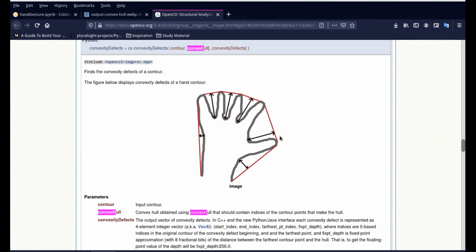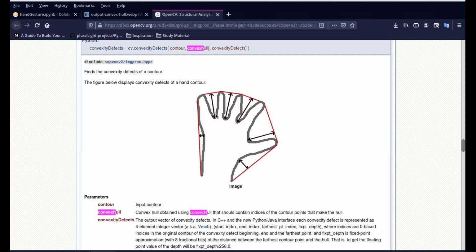So the convex hull is right here and there is a valley which is present here. So it's showing that this valley shouldn't have been here. The contour should have been here if you were trying to encompass that convex hull with the contour. So this is one defect. It counts that as a defect. So this valley is one defect, this another valley is a defect, this other valley. So these valleys are nothing but defects, and that is what we are using for our advantage with finger detection because of the valleys that are present within our fingers.